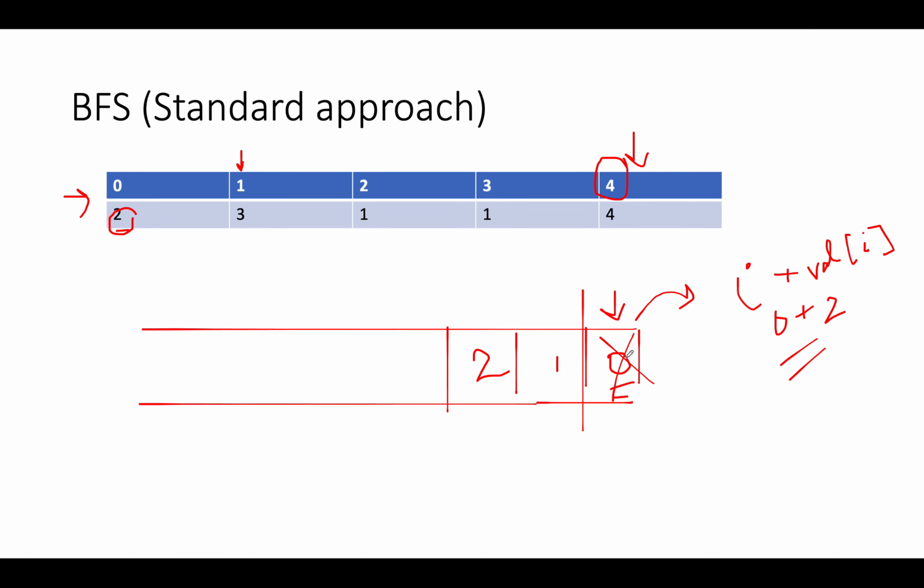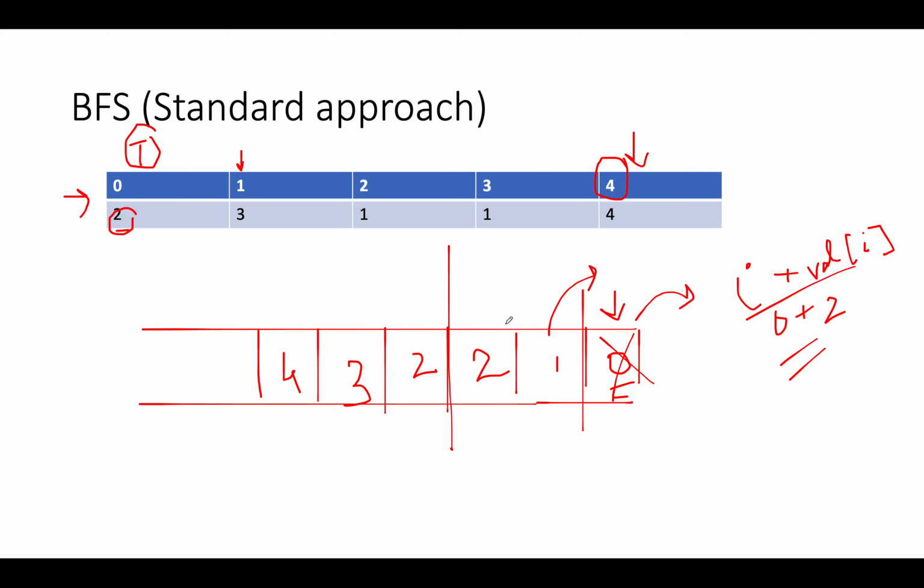Apart from this, we'll mark that this element has been visited in the past so that you don't run into a loop kind of a condition. So we'll mark it as visited true. And let's continue this approach. We'll pull out elements from the queue. This time we got 1, and using the same formula, we'll calculate the maximum length that you can reach. The maximum length is 1 plus 3, which is 4. So you'll add 2, 3 and 4 into the queue, and let's continue the process.